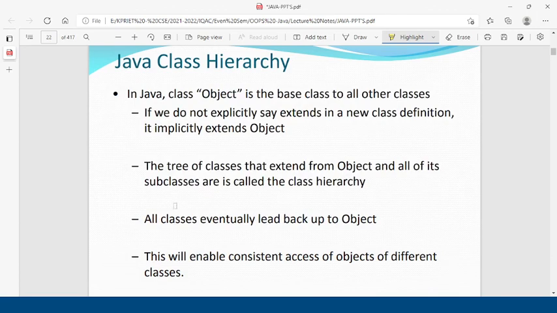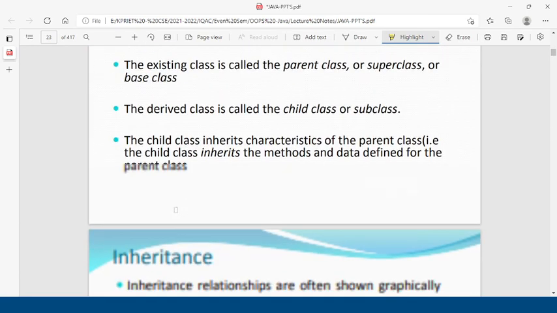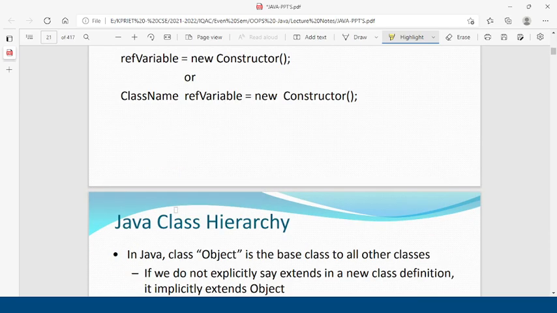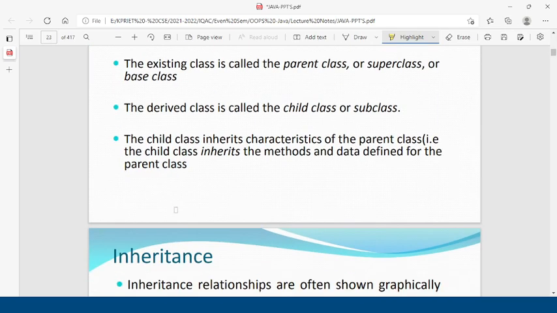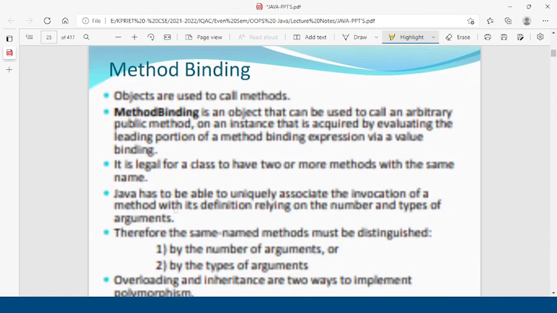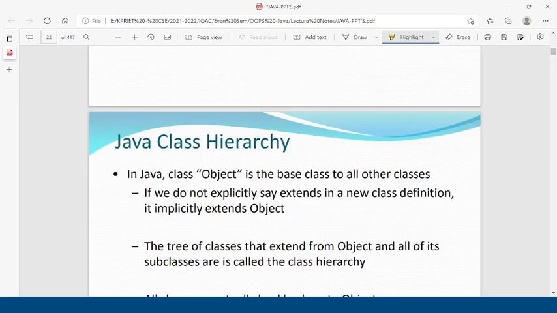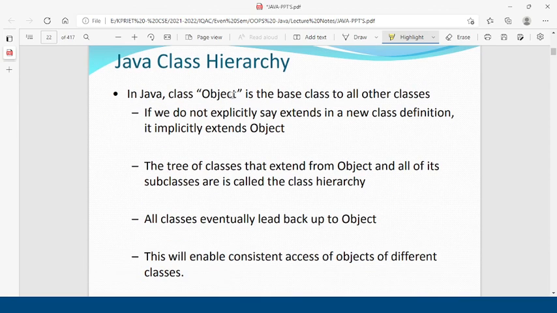Now, how you are going to create a class, and certain things we have discussed, are some of the core concepts of object oriented programming. That is, we have the Java class hierarchy. Each and every class is created with the help of a class name. In Java, everything is created with the help of classes. And the base class is Object. Object is the base class here, and in this base class